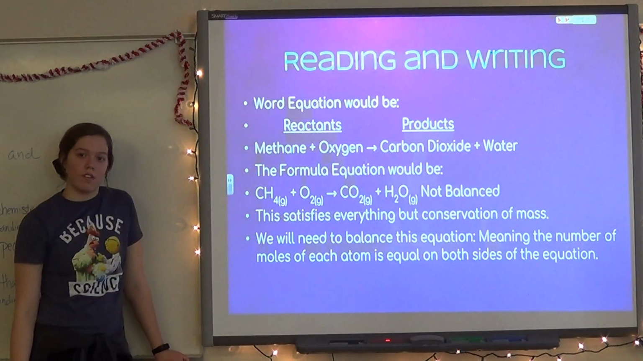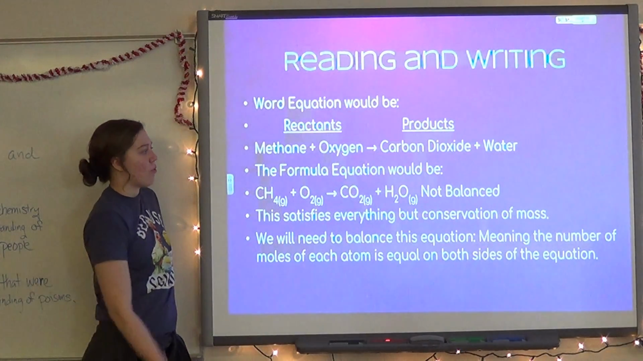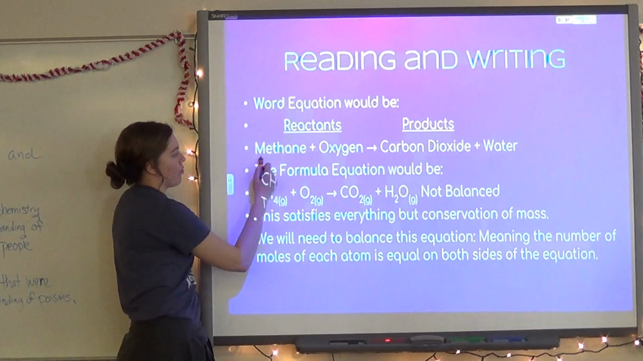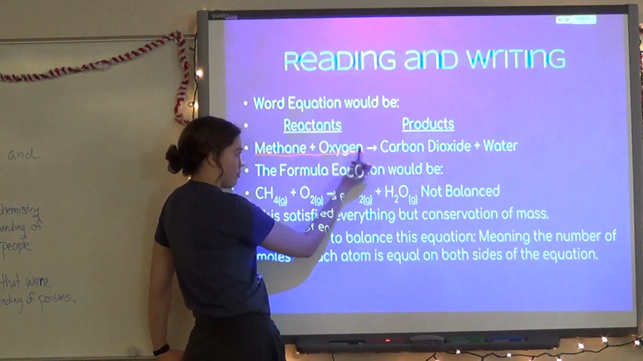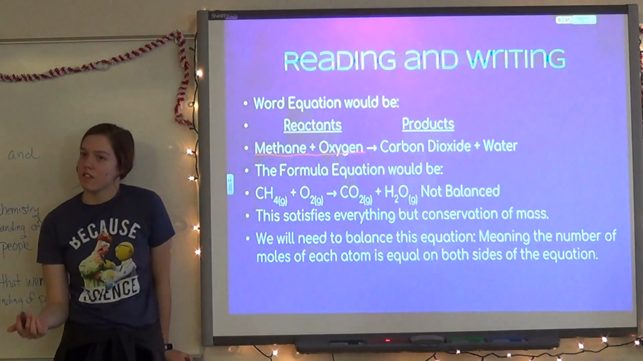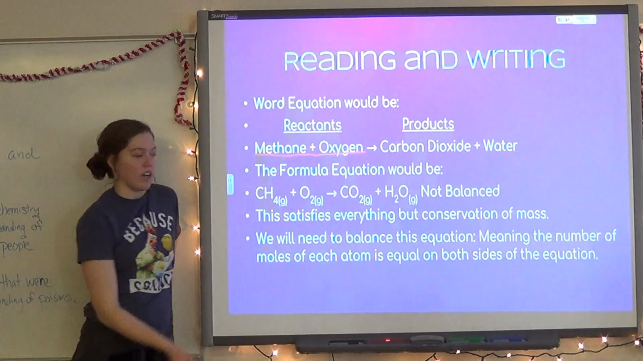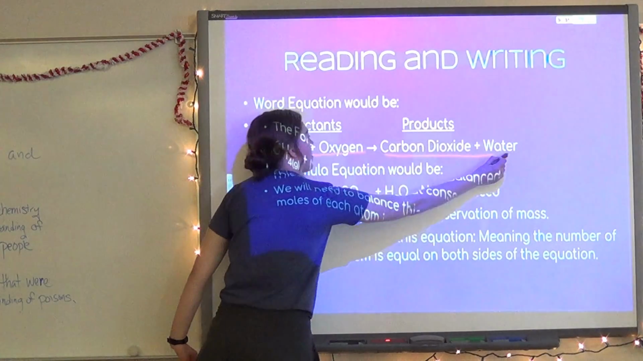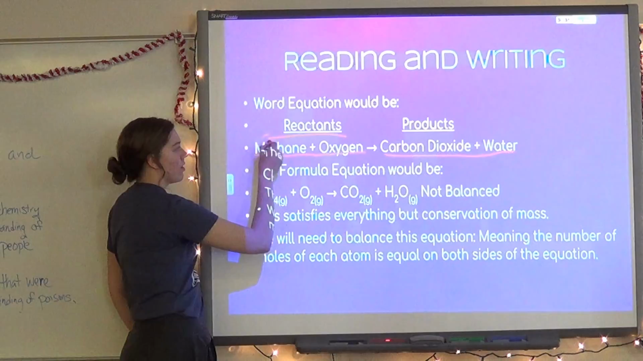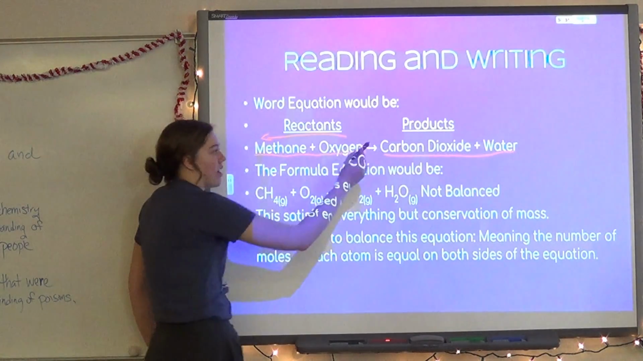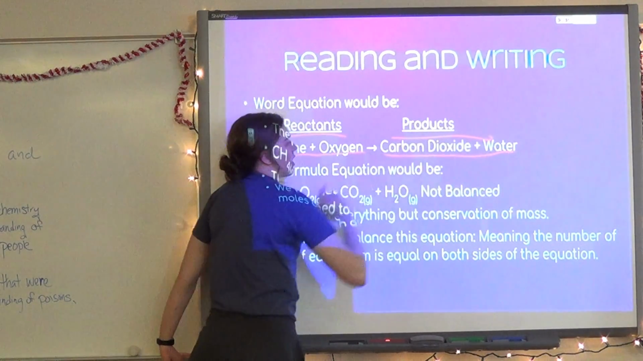Logan? Like it's the beginning and the product's the end result. So if we know it's the beginning, where do you know where it stops? Once you get to the arrow. Perfect. And so then what are products? After the arrow. Perfect. So that's what I like to keep in mind: when I'm looking at my reactants and products, anything this side of the arrow is my reactants, anything past the arrow is my